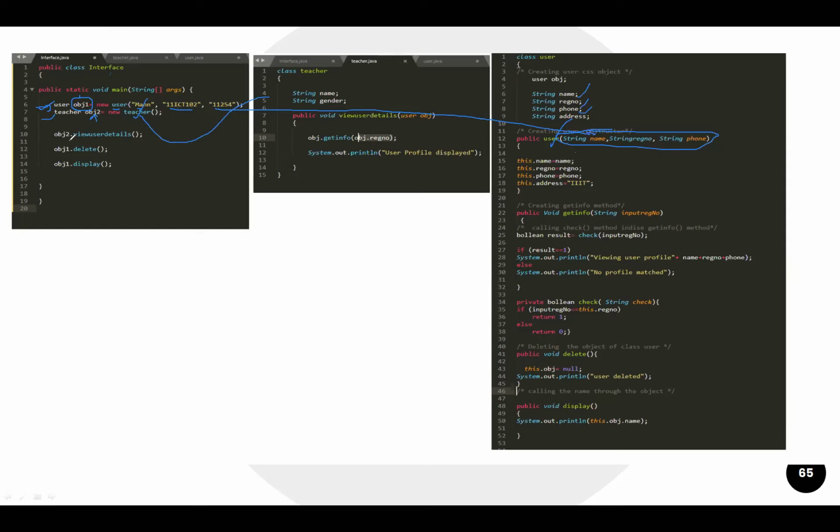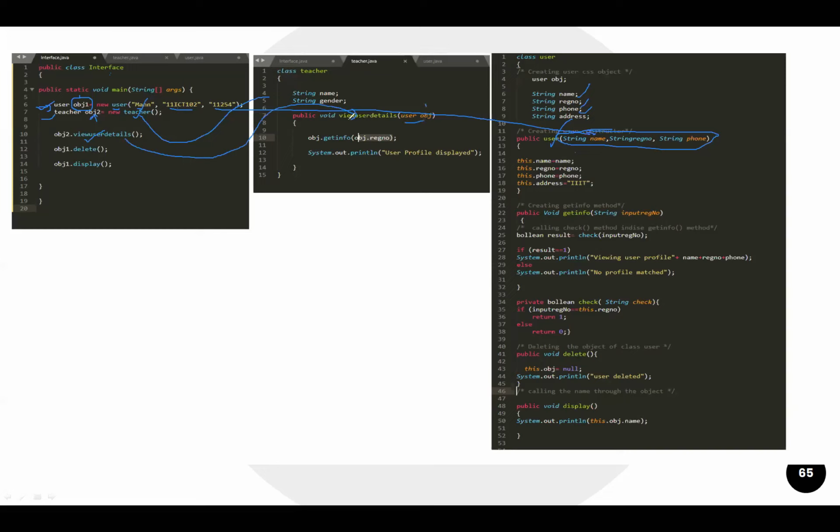Then using obj2, that is the object of class 2, we call its method. This particular method is now called, and it is going to take some arguments. It is going to take the object of the class type user.